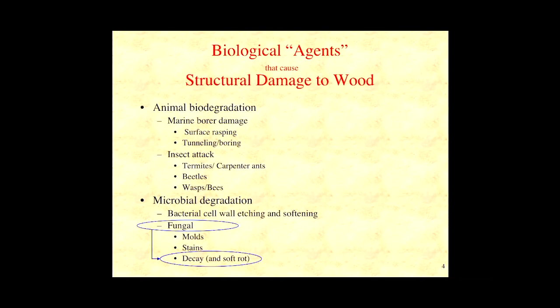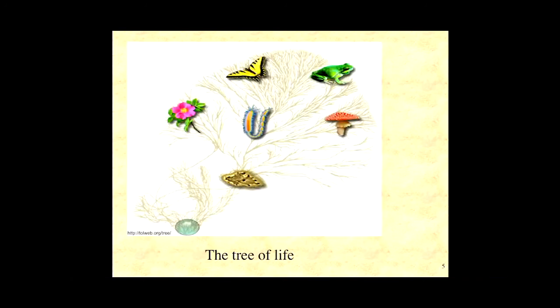These alone cause billions of dollars of damage a year, so not just in general. They're huge damagers of woody materials that cost us a lot. You often hear about termites or carpenter ants and some of the catastrophic damage they may cause, but just dollar figures alone, decay fungi are the ones that really cause the most damage. So we'll focus on them.